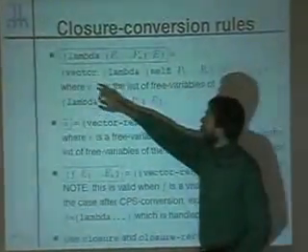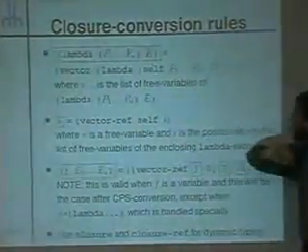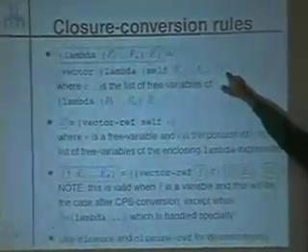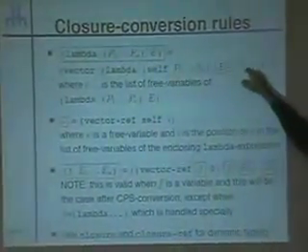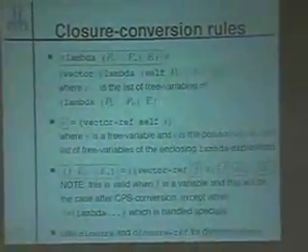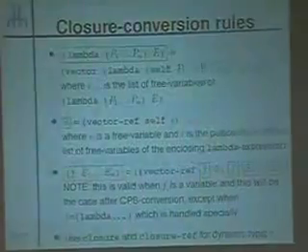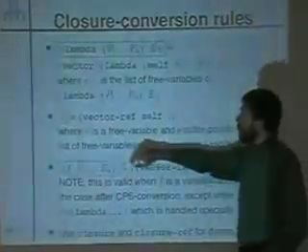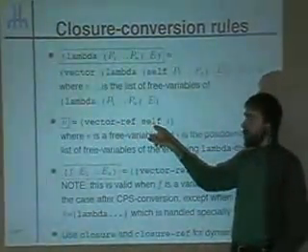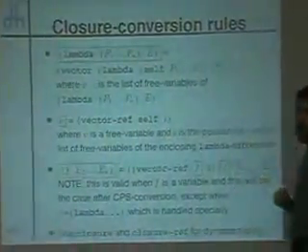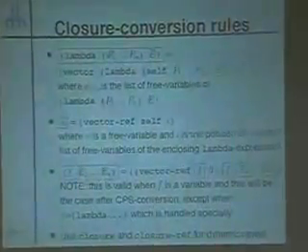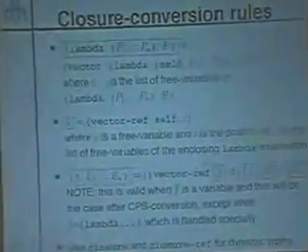okay, and we create the closure with the closure vector, and the body of the lambda will also have to be closure converted, and all of the variables here, these are the three variables of the lambda expression, also have to be closure converted. If within the code we find a free variable, we replace that with the vector ref of self, and the index that we use is basically the position of that variable within the list of free variables of the enclosing lambda expression.